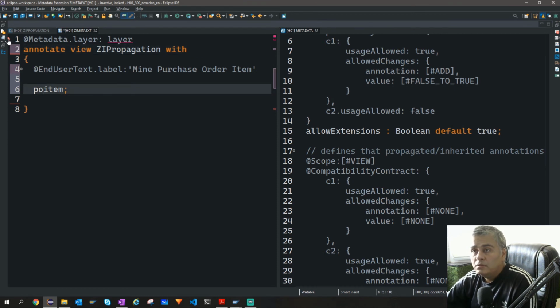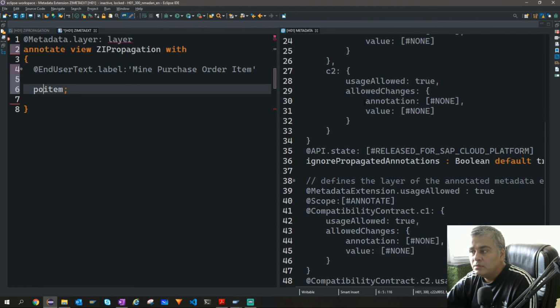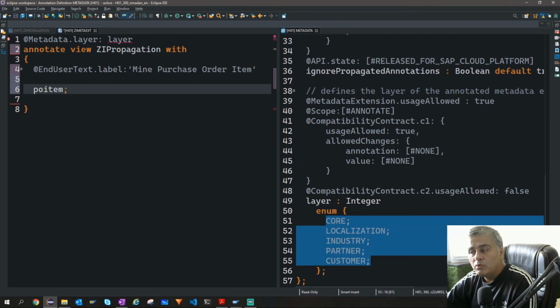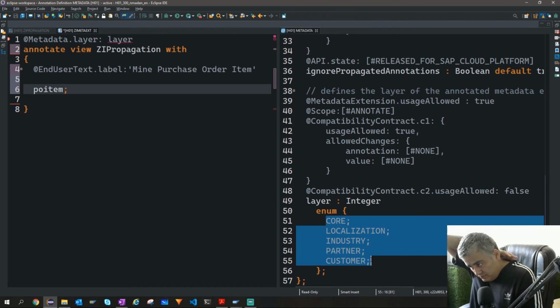What is the error? It says onum starting with this. Now, for example, I don't know what this metadata layer is. I've already opened this metadata here. The layer has 5-6 values: core, localization, industry, partner, customer. That's how you can classify what kind it is. Normally for our own custom data model we use core, and in case you are trying to extend some existing standard or build on top of it, then accordingly you can choose localization, industry, partner, or